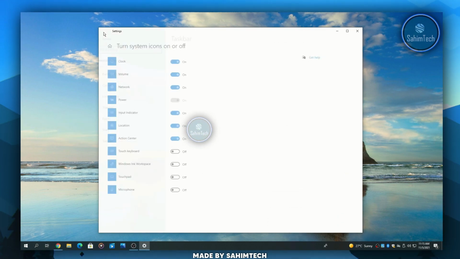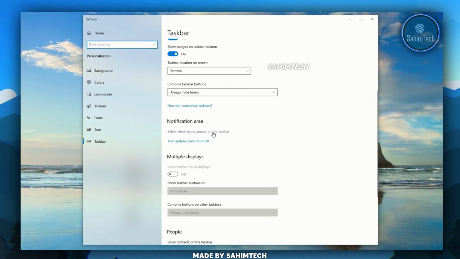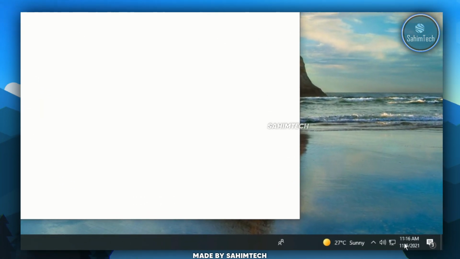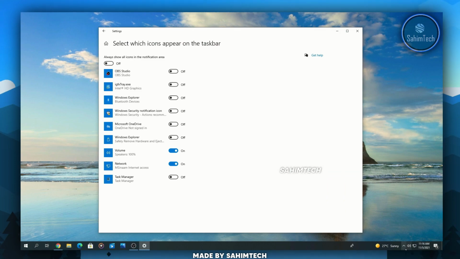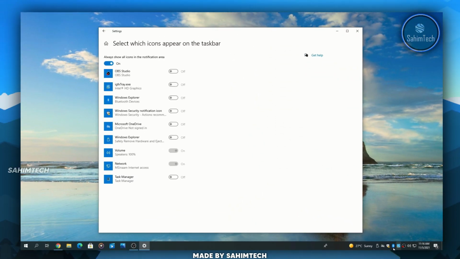Click on the arrow right here. Now right after that, scroll down, and here we'll find select which icons appear on your taskbar. Just click on that, and here you can turn all of this off so that it won't show up on your taskbar. You can click on the arrow to preview them all. If you toggle this on, as you can see all the icons are showing on your taskbar